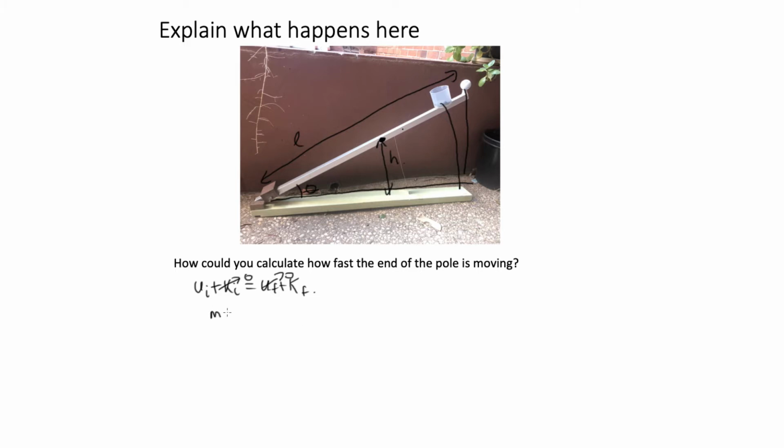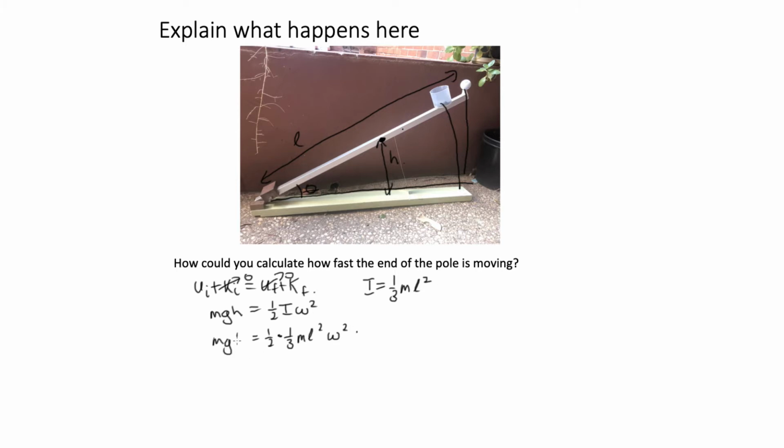So we've got mgh is equal to, now in this case, this pole is pivoting about this point here. So rather than having translational kinetic energy, it's got rotational kinetic energy. So that's equal to a half I omega squared. And for a rod pivoted about one end, we've shown that I is equal to a third ml squared. So we can substitute this in, and we've got a half times a third ml squared times omega squared,